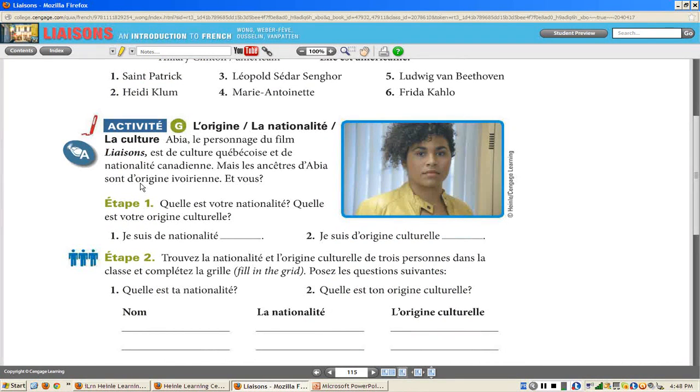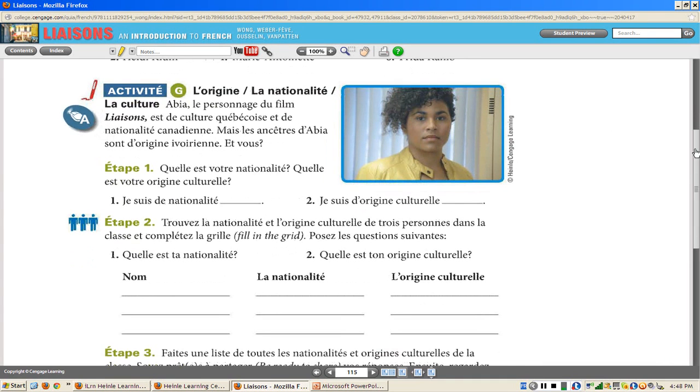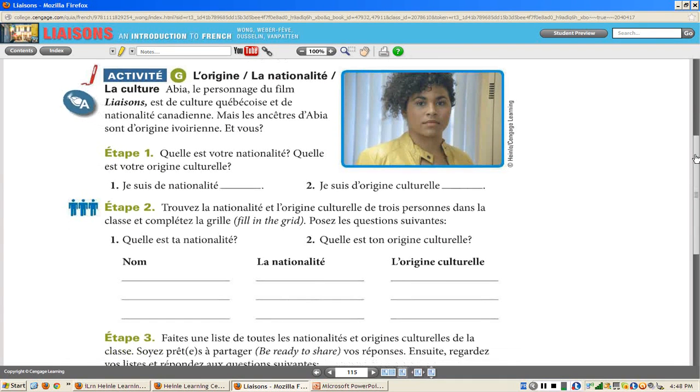Notice here that you're saying they are of Ivoirian origin. Origine is feminine, so that's why ivoirienne is feminine. Mais les ancêtres d'Abia sont d'origine ivoirienne. Et vous, quelle est votre nationalité? Quelle est votre origine culturelle? Hint, hint. We'll be using this type of activity as a warm-up, but you also may have a pop quiz